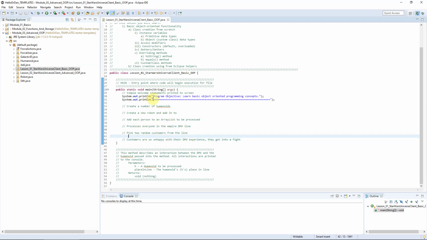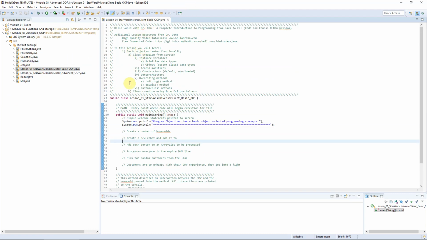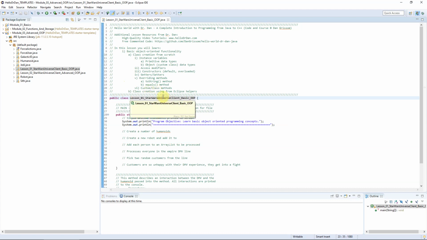Okay, so we are going to wrap a little bit of variable data and methods around this concept of a humanoid, and then later on a concept of a robot. Okay, so we have this class, public class Les1, and this is every class we have created up until